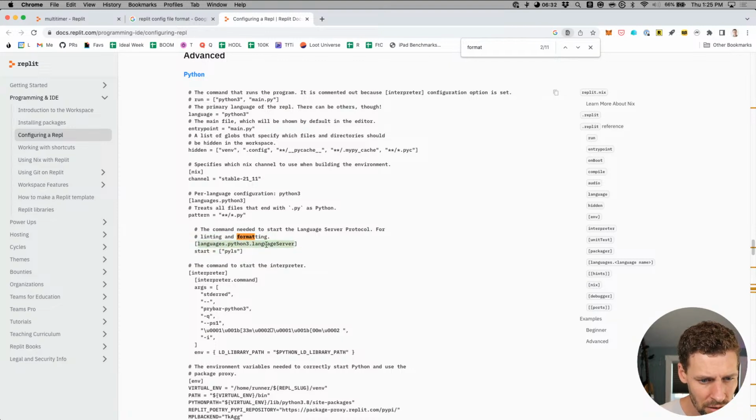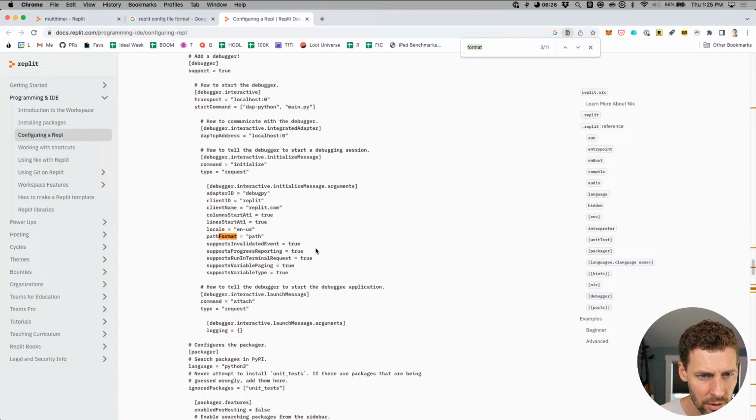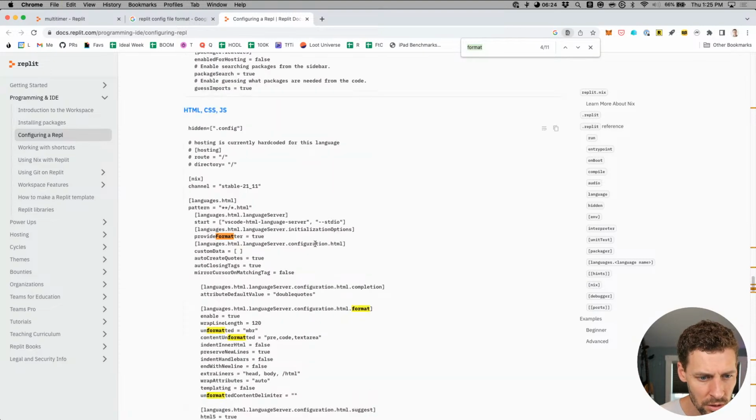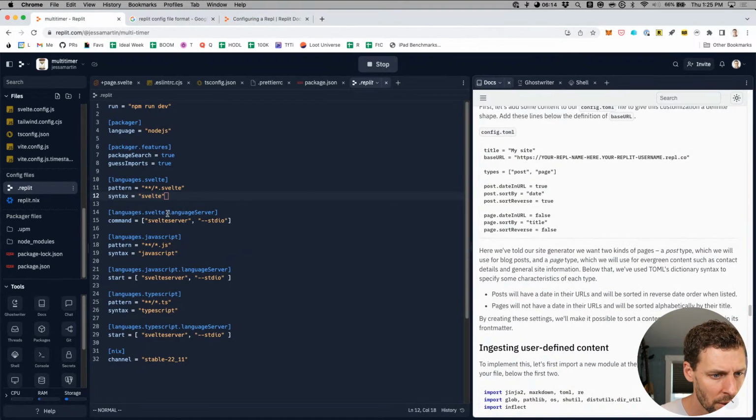PyLS. So that gives you the language server, but how does that relate to? Whoa, interesting. Languages HTML provide formatter. Huh. Okay, so we have this language right here. Svelte server. So,